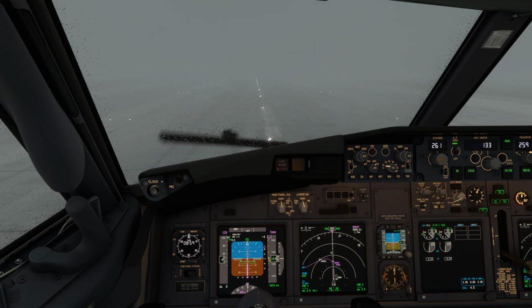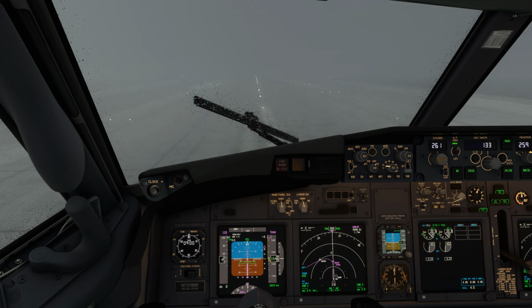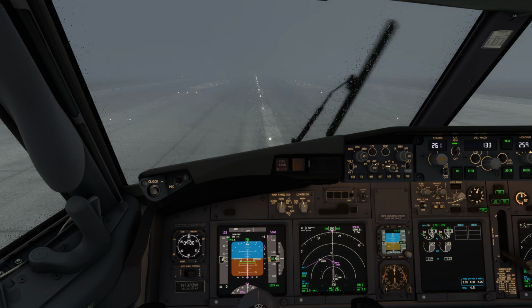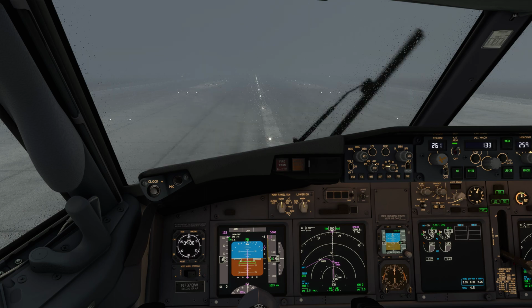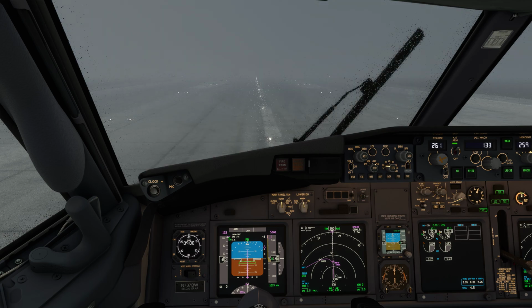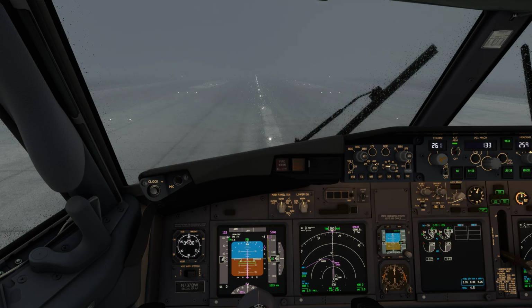So to confirm which runway we're on, there are a few things we need to do when we are in low visibility procedures. If you have it available, the use of RAS, the Runway Alert and Awareness System, is really recommended. But by default it's not installed on the Boeing 737, however it is available as an additional add-on from FS2Crew. But whether you have it or not, let's look at a couple of other methods to identify which runway